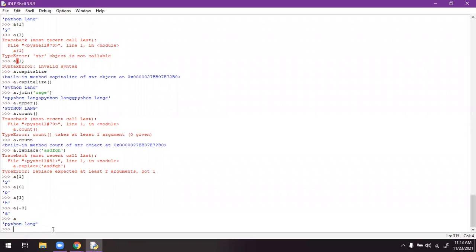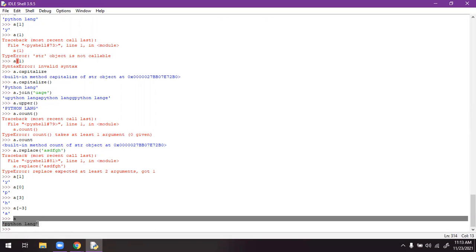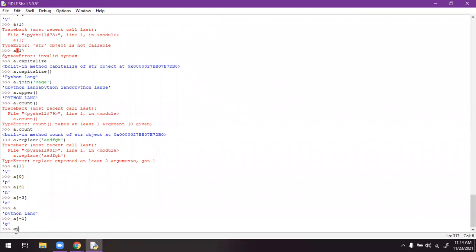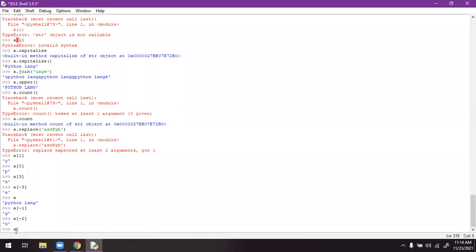Because negative indexing is nothing but indexing from the right-hand side. This is the -1 index, the n is -2, and a is the -3 index. Let me show you. This is -1, g. This is -2. And this is -3.